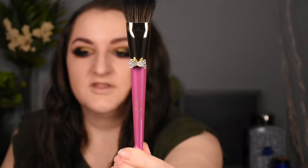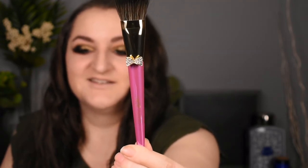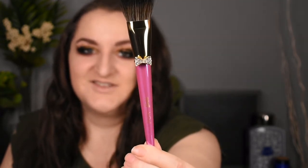So they released this little brush set, and it comes in this cute little brush roll thing with a clear top. That's just fine. But I thought these brushes were adorable. There you go. You can see the cute little bow ties on them. That is so cute. So I really wanted these, and I think the original price for these was like $48,